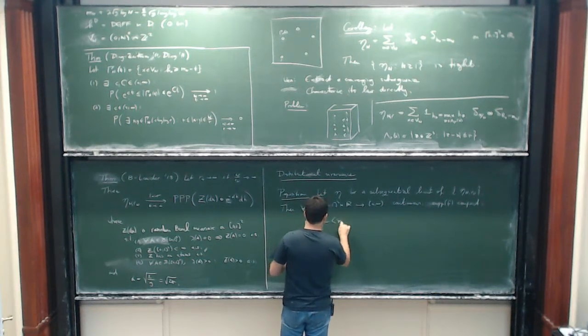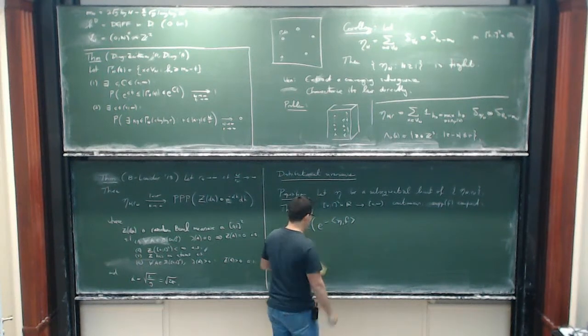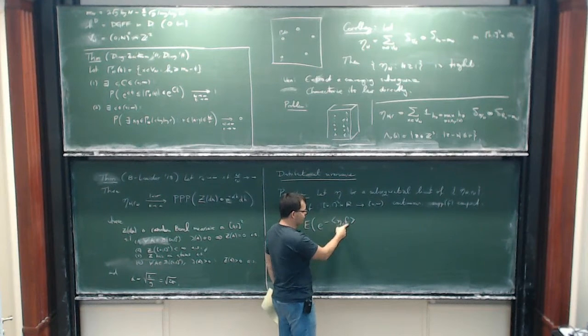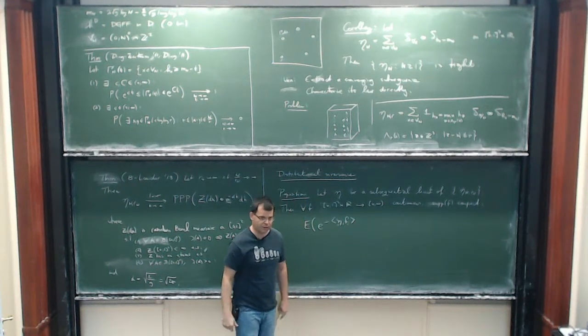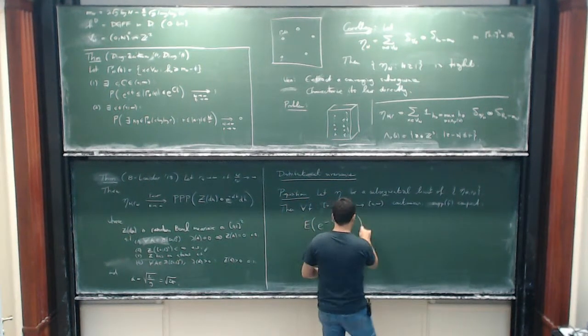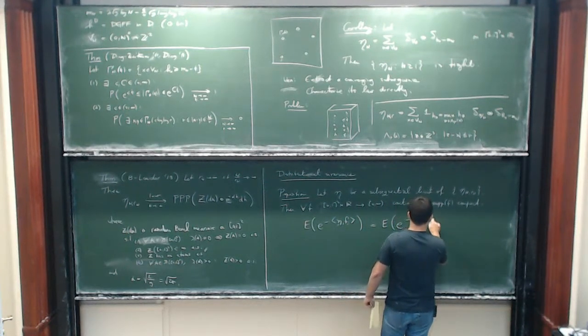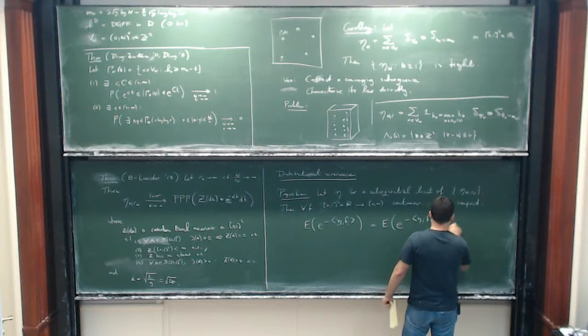I'm going to use a notation: eta is a measure, f is a function, so I denote the integral of f with respect to eta by this inner product notation. The statement is that this is equal to eta, f_t, for every t positive, where